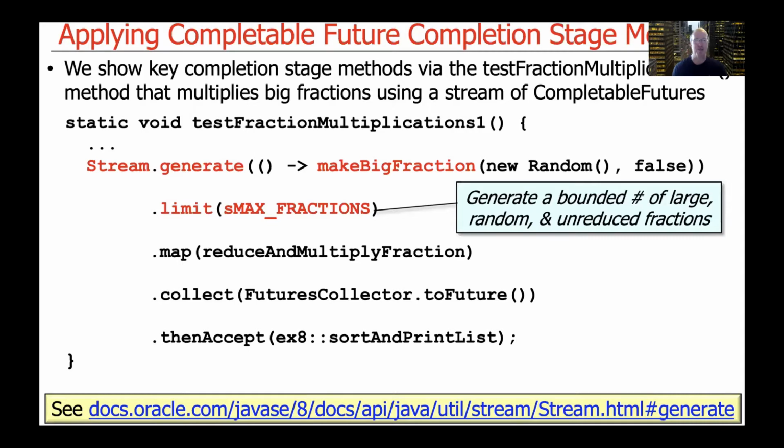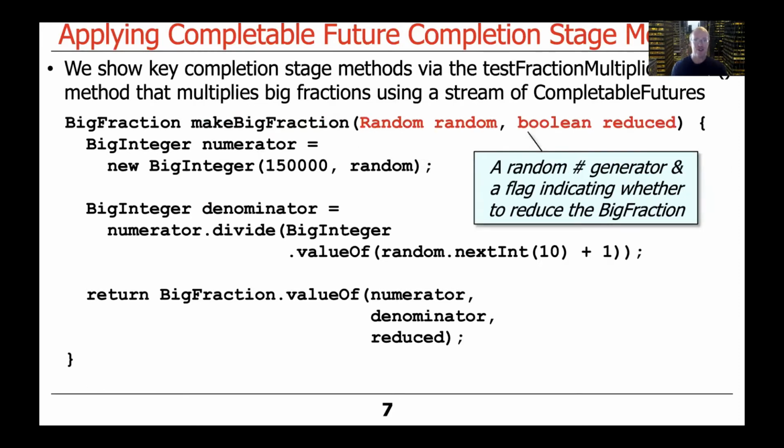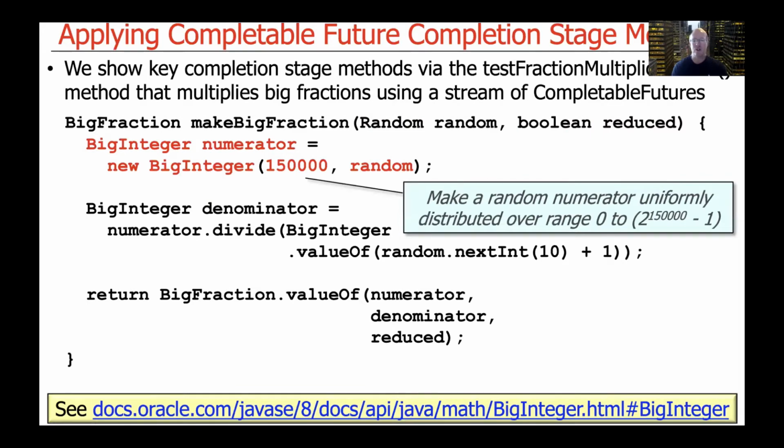So we're generating a bunch of these large, random, and unreduced big fractions. Let's take a look at the make big fraction method. It's kind of a fun method to demonstrate how to use random number generators, among other things. And what we're going to do here is we're going to make a large and random big fraction. And we get the randomness by using a random number generator. And then we decide whether we make something reduced or not by the second parameter we pass to the make big fraction factory method. You can see here we're going to create a numerator, which is a random number that's uniformly distributed over the range 0 to 2 to the